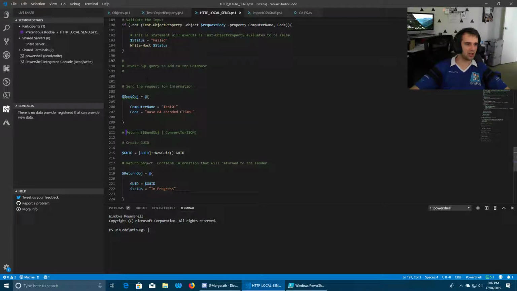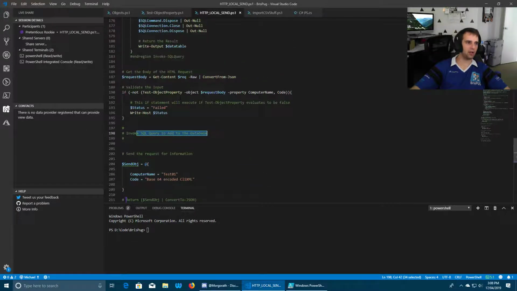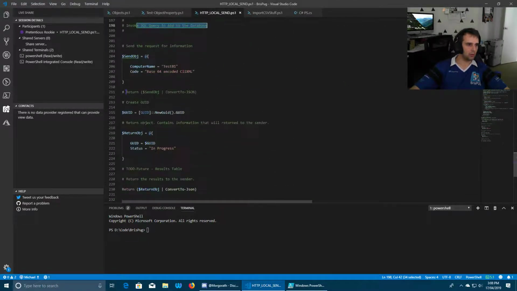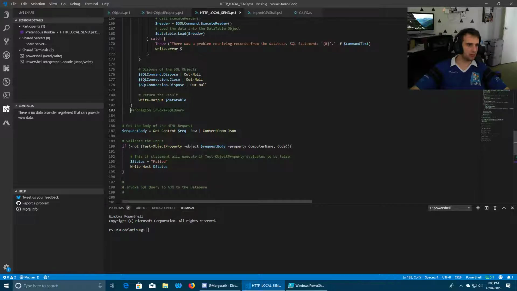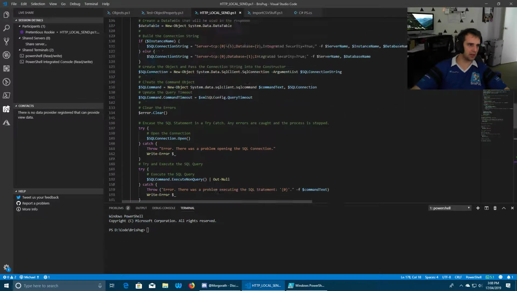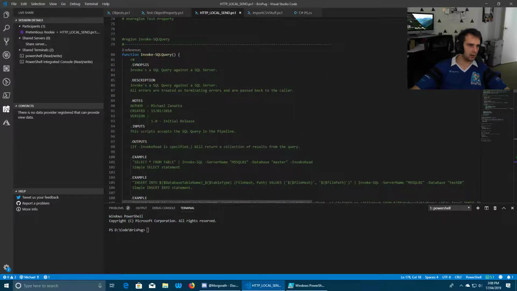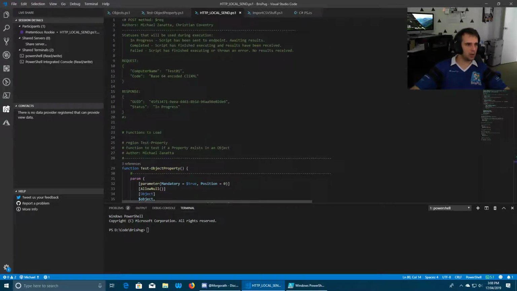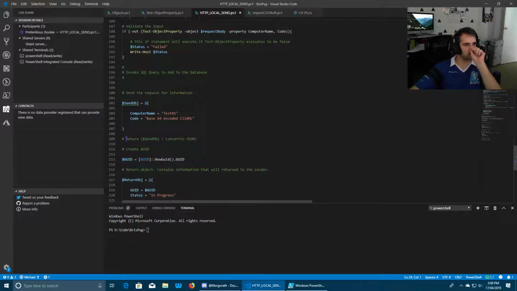Yeah, so I didn't do anything with the database though. This function, I always get this function spaced out wrong. What it will do is allow us to do a select against our database. So that'll be nice and fun. One thing we're probably going to want to do is clean this up a bit. So just give me 2 seconds.